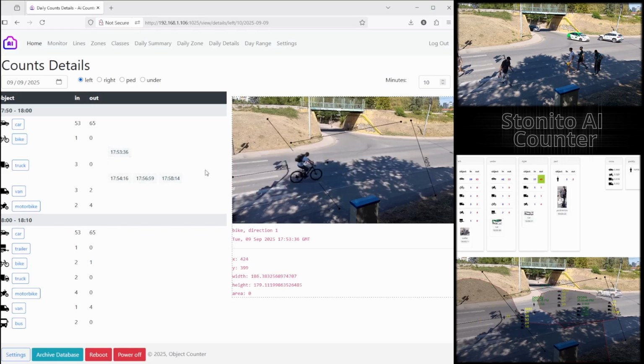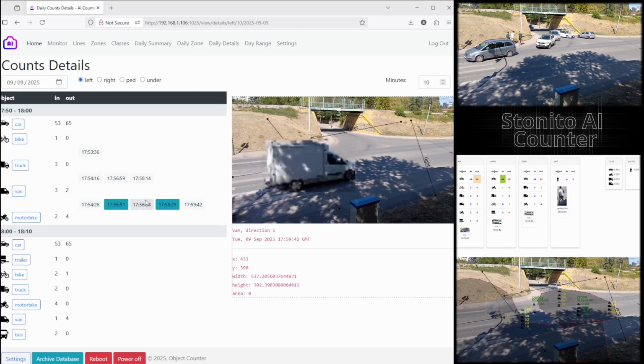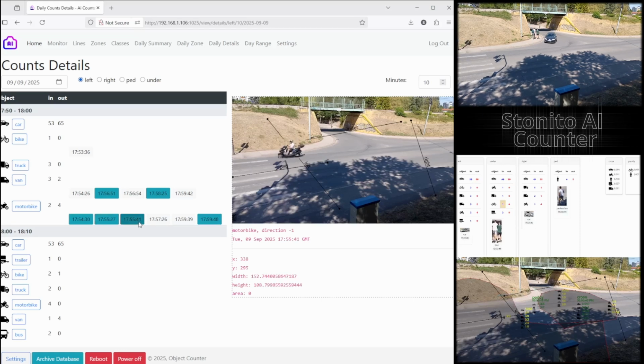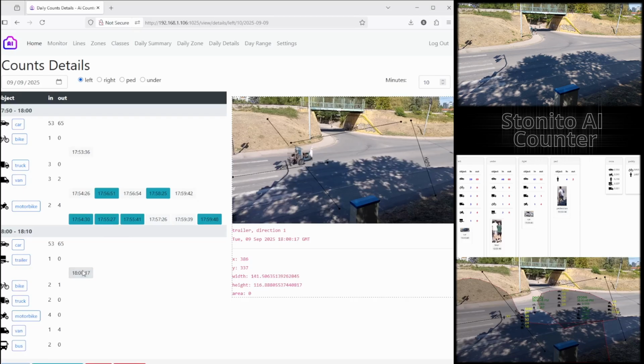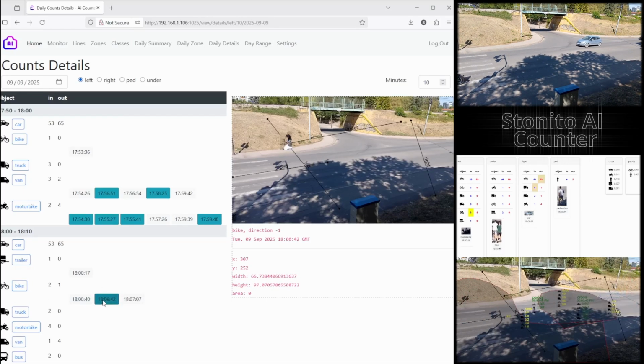The same is true for a bike. You see the bike. That bike is counted exactly crossing that line. This is for vans. This is for motorbike. Over the line left, this is for trailer crossing over that line. And this is a bicycle. This is probably not a bicycle, because